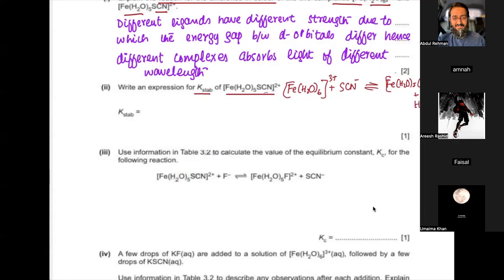So remember, whenever we write the K-step expression, we are not going to write this H2O, but the rest of the things. And it's an equilibrium constant. So in the denominator,